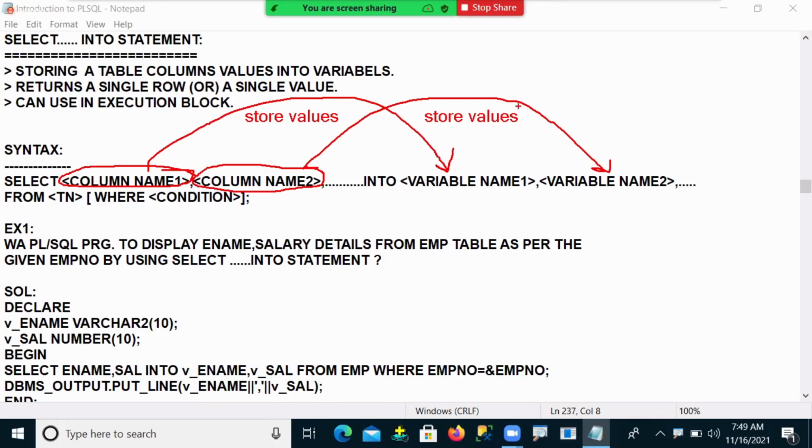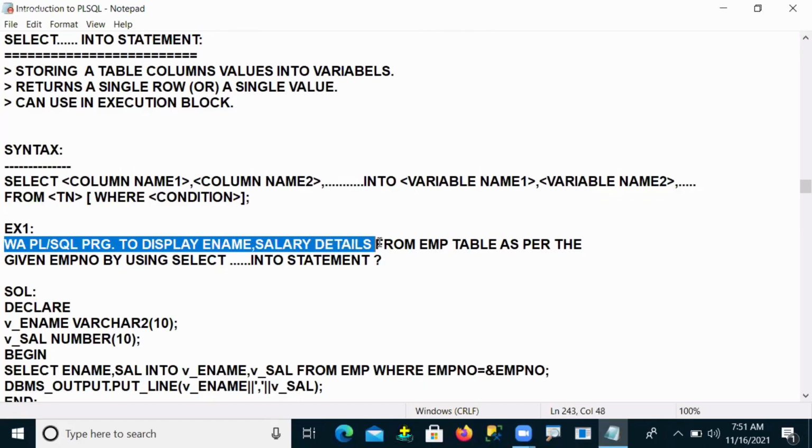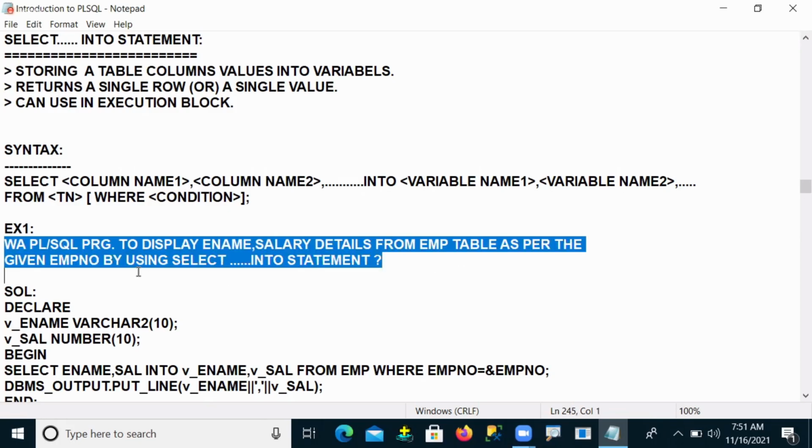This is the syntax; observe it now. Particular column values are stored into some variables. Now observe one small program on this select into statement. What is my program here? Write a PLSQL program to display ename, that means employee name, and salary details from the EMP table as per the given employee number by using the select into statement.